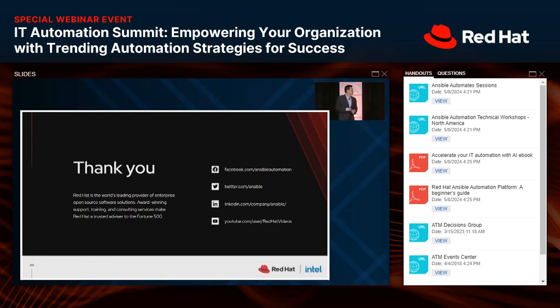Are there any questions? Yeah. I have a question in terms of the VMware to OpenShift migration. I know recently a lot of companies got surprised by Broadcom about the renewal of the VMware license.